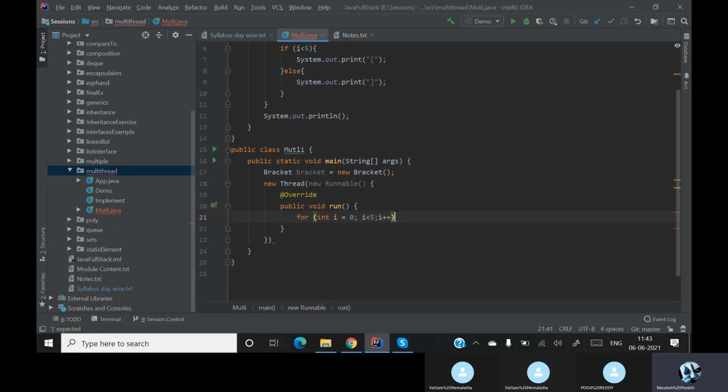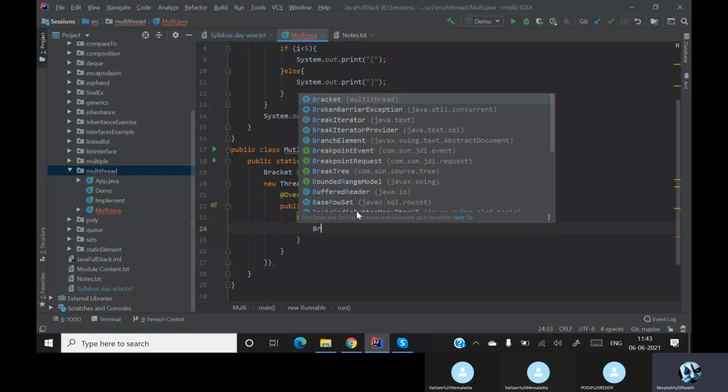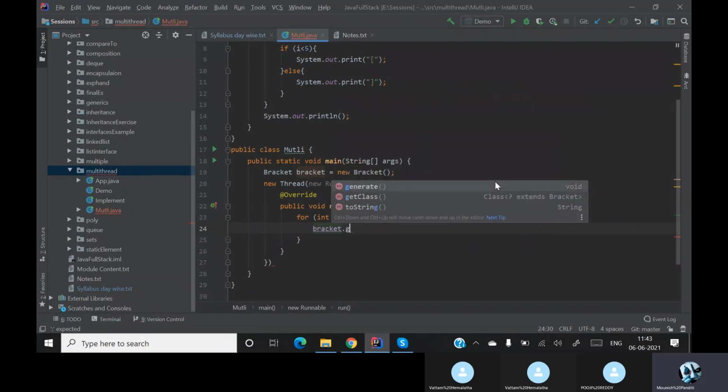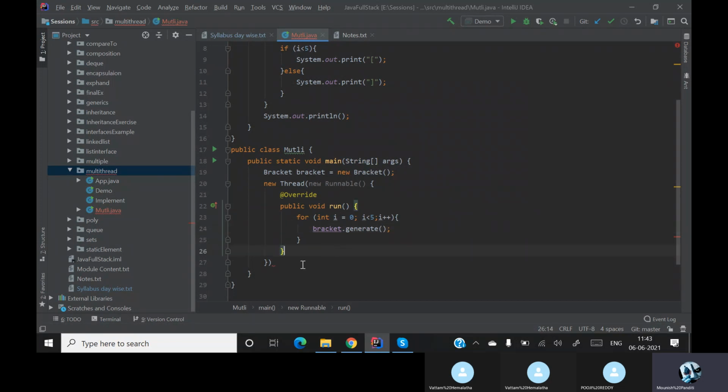Inside this, I need to generate it: bracket dot generate, and then I start the thread itself. Till now this is normal. I'm creating a thread, I'm creating a Runnable interface, and inside that I'm activating my run method, which runs 5 times.